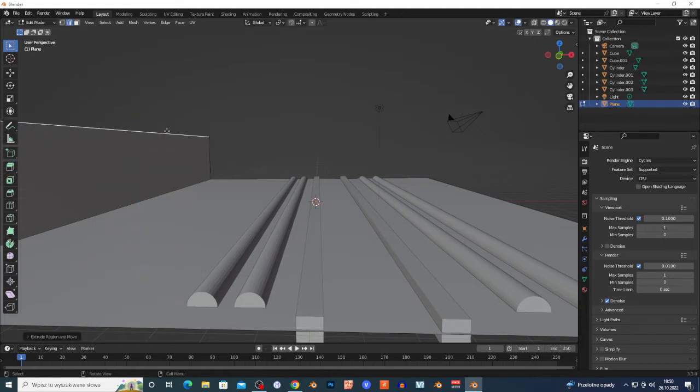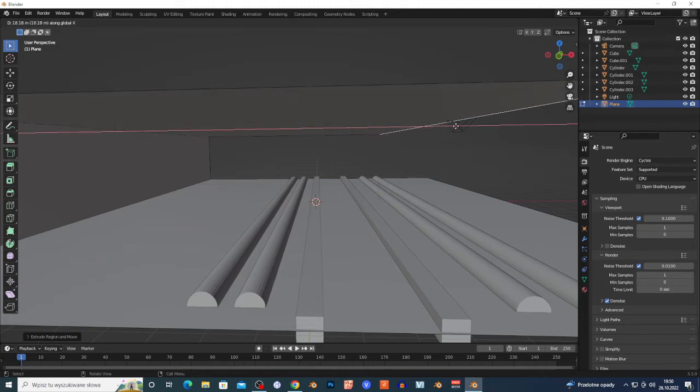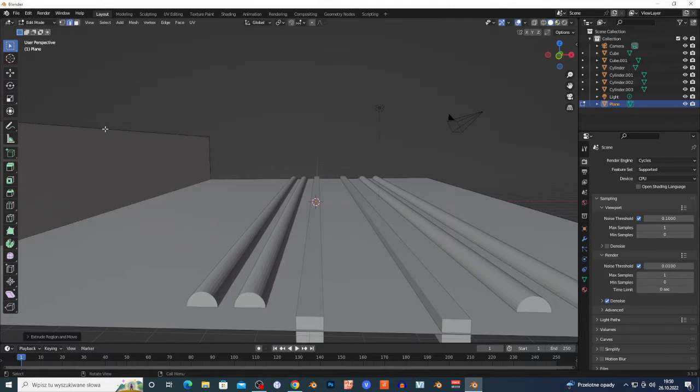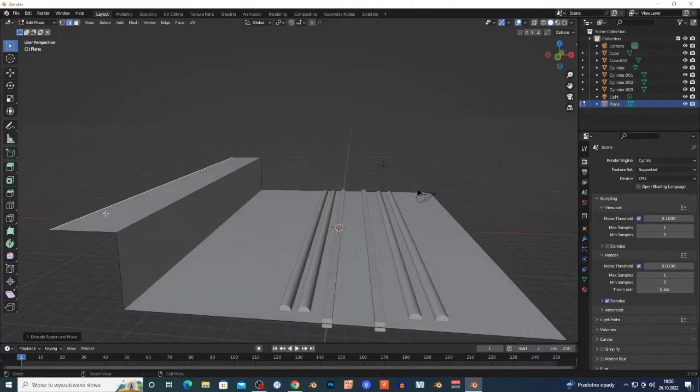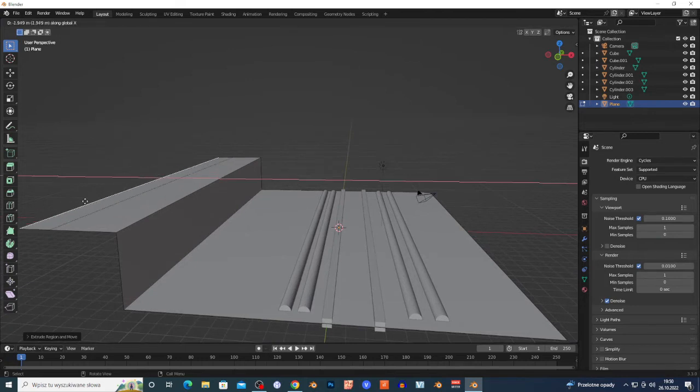And I'm gonna click E X to extrude in this direction, as you can see. I don't wanna build a tunnel, I wanna just extrude this in this direction. I'm gonna show you. Yes, as you can see, I just extrude in this X direction, right? So what next? E Z, I'm sorry, and I'm just extruding this right here,